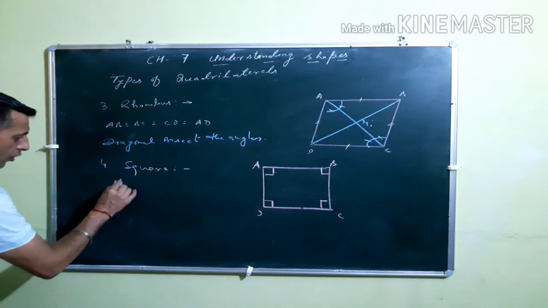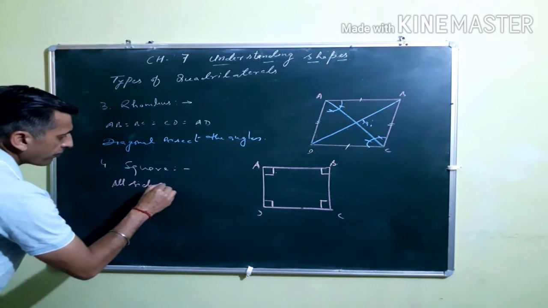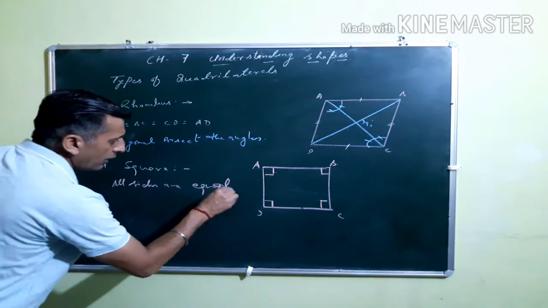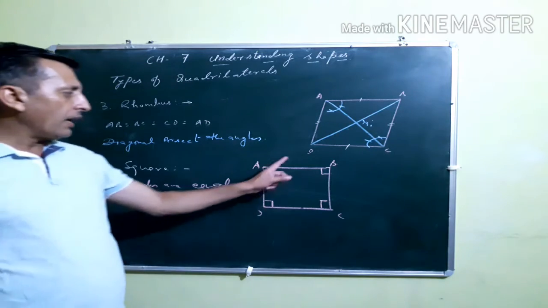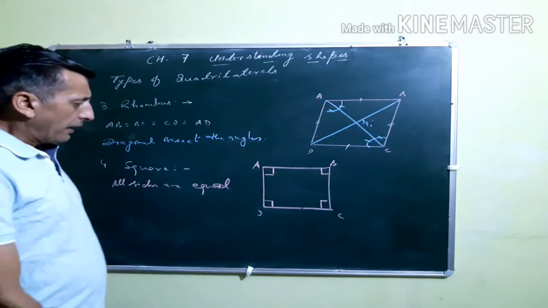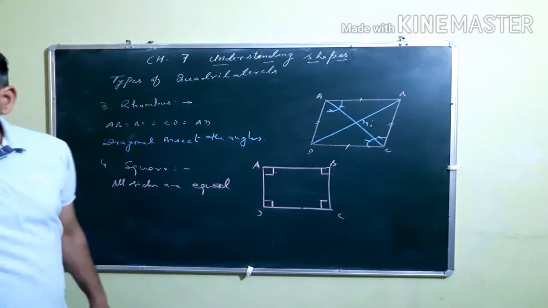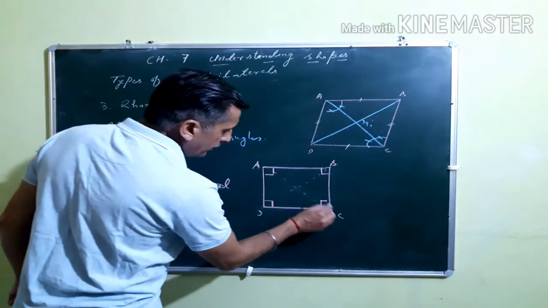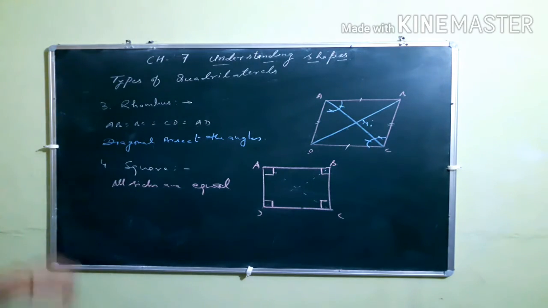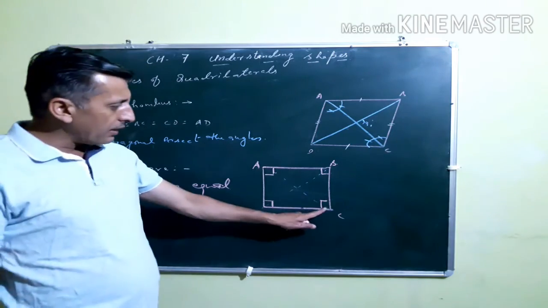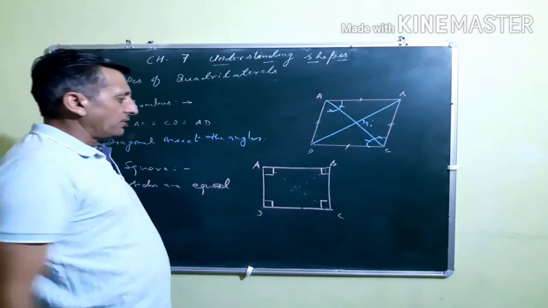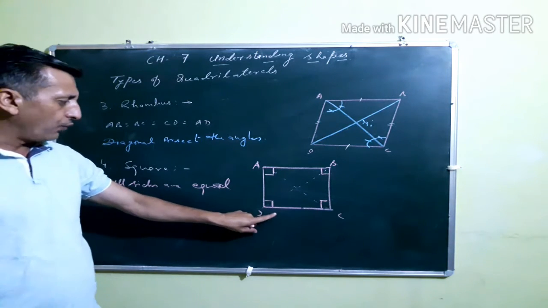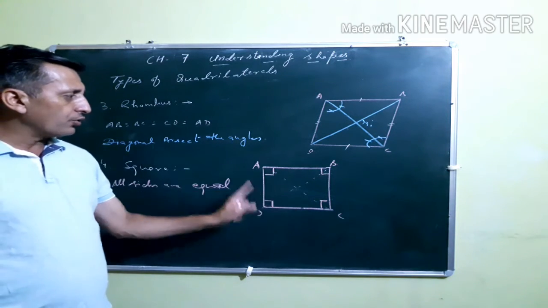All sides are equal in length, and opposite sides are parallel. And diagonals, once again, the diagonals bisect each other. This is your diagonal, this and this. These diagonals bisect each other. They make an angle of 90 degrees, and they bisect the angles also. I said that the rest of the properties are the same. Suppose there are three properties, then the next fourth property is that each angle is equal to 90 degrees.